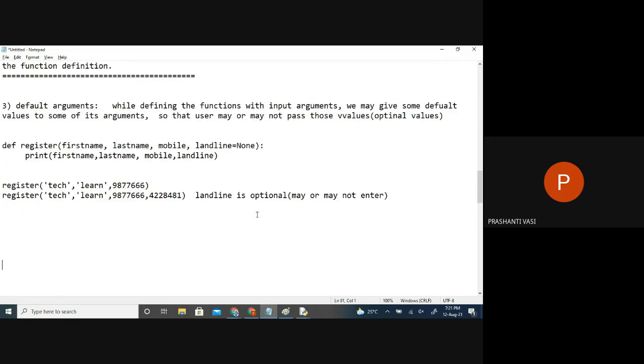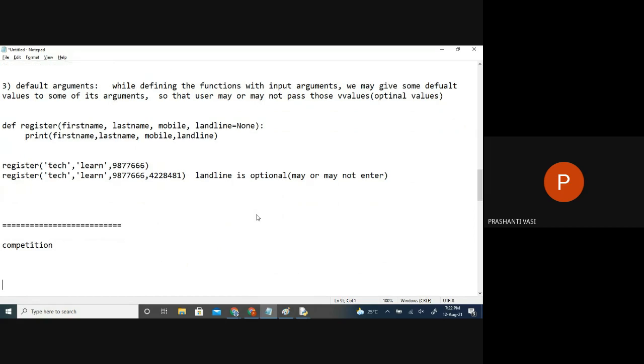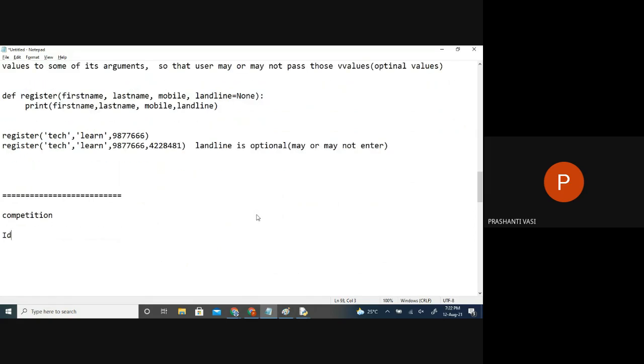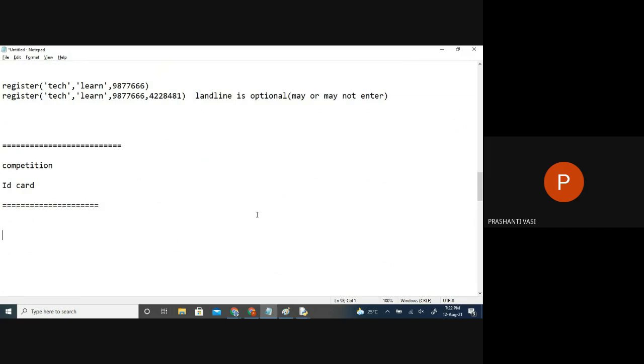Just think there is a gaming competition conducted somewhere, and thousands of people are going for that game right now. They have to give ID cards to the participants, generating the ID cards immediately on the system. Whichever person came, they would ask the name and the mobile number, and they had to take the age or the Aadhaar number, something like this. In that hurry, somebody may not give these details right now. They don't have an Aadhaar number, they don't know the exact name, age proof is not there.